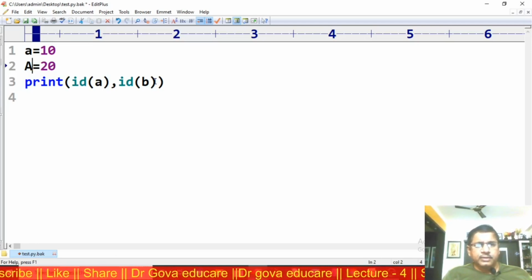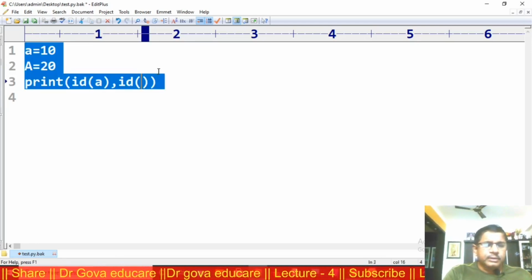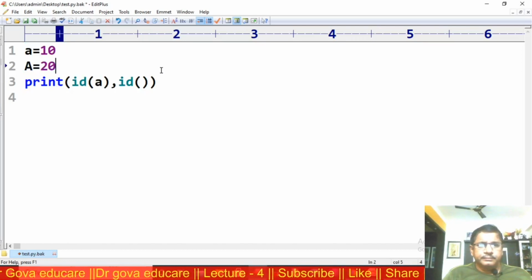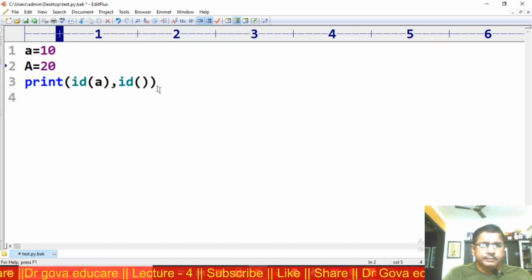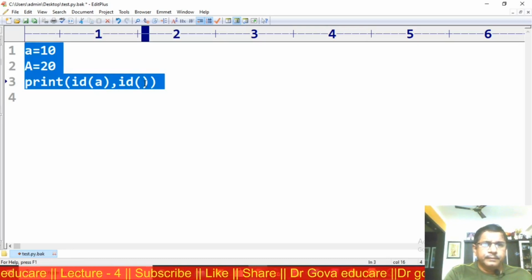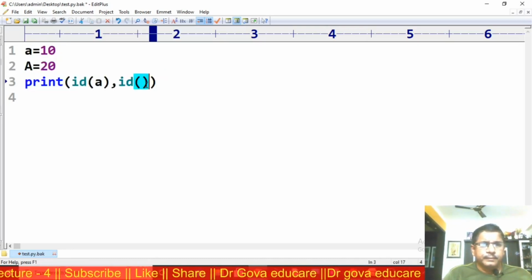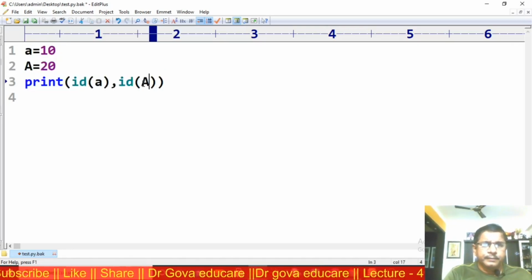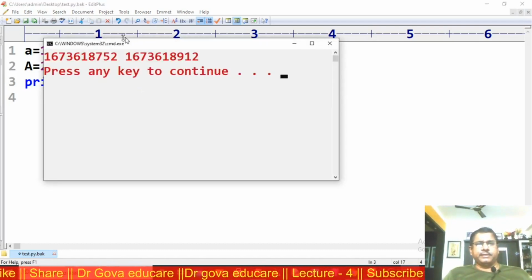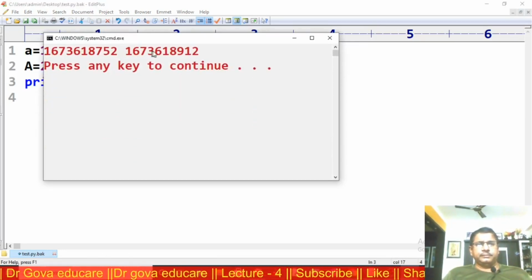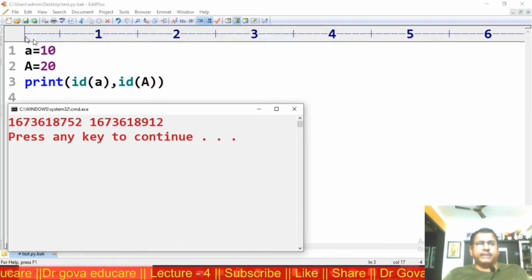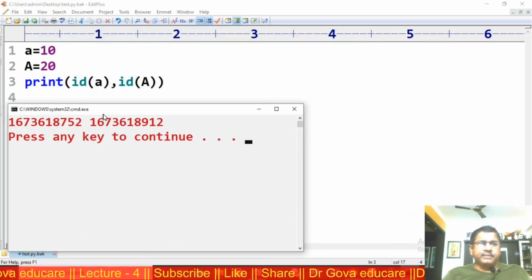Now compare the address of small a and the address of capital A. Both are different. That means small a and capital A are different. Identifiers are different variables.